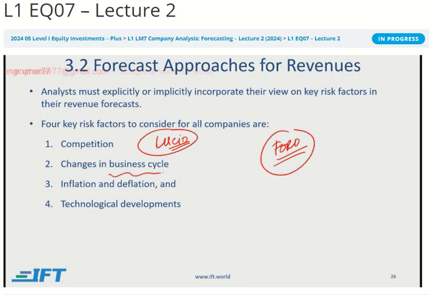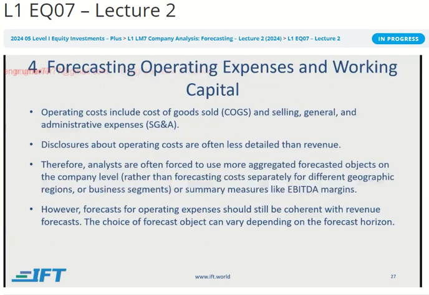Maybe it's highly cyclical. So if the recession is going to hit, then what will happen? Maybe we've been in a boom so far as an economy, but if we go into the recession, then what will happen? How does inflation, deflation impact it? And of course, technological developments. On a positive note, what if batteries become really cheap, or there's some technological breakthrough in electric vehicle batteries that makes their charging faster or the charge lasts longer or something like that, right? So you need to take all those factors into account.